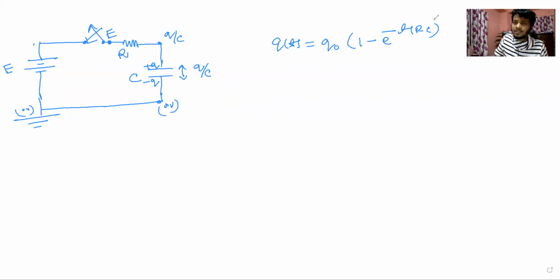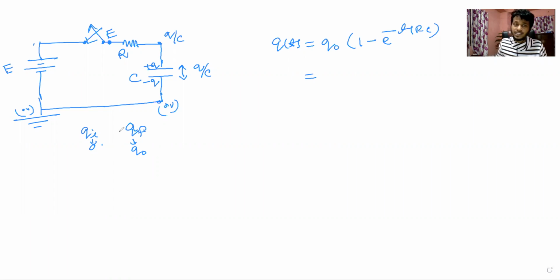Fine. Okay, let us examine this equation from a different perspective. Look, this is the maximum charge on the capacitor, or we can say this is the final charge on the capacitor, isn't it? Initially the charge was 0. If we represent the initial charge by qi, then it was 0. If we represent the final charge by qf, it is Q naught, isn't it? So during the charging phase, charge has increased from 0 to Q naught. Can't we say this?